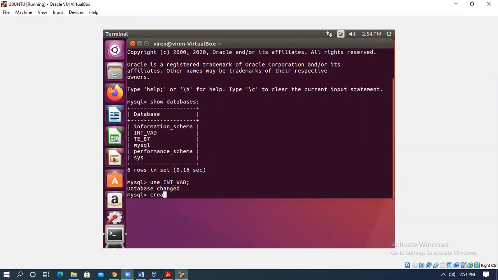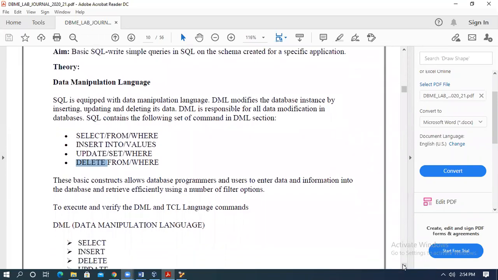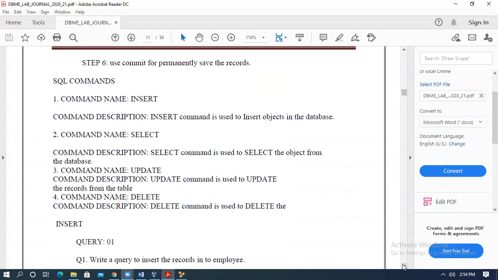So first we'll go for create table, and the first example is, suppose you want to create a table.